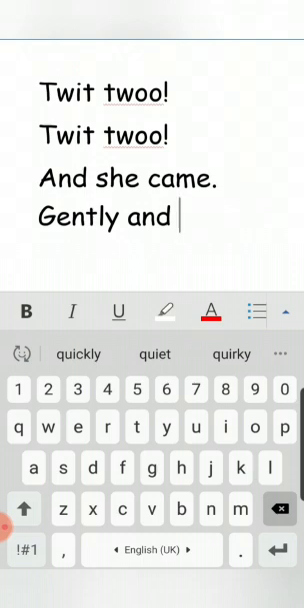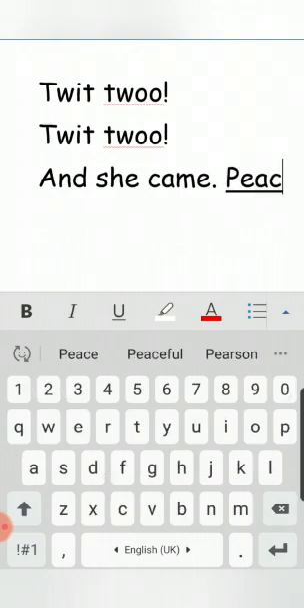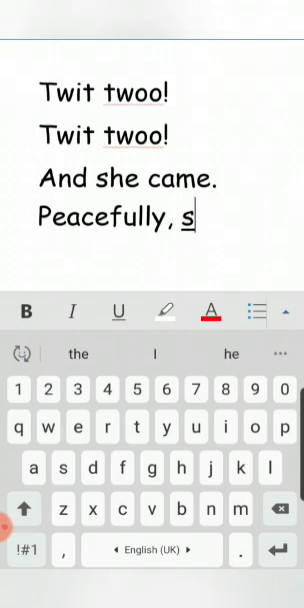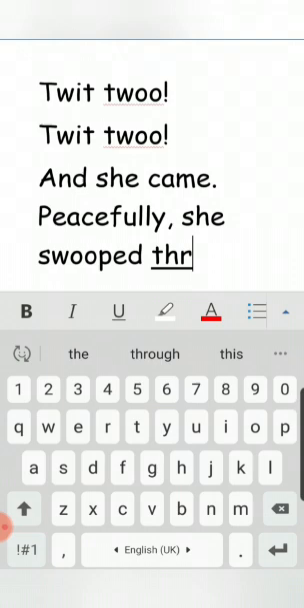Or we could use just one word, capital letter, peacefully. Okay, which adjectives would you like to use there? I think I'll stick with peacefully. She swooped through